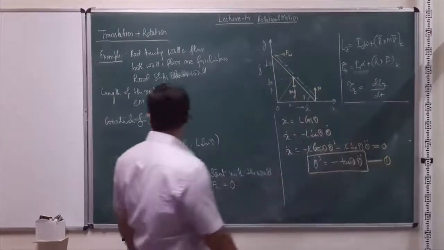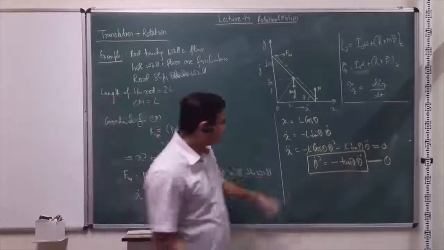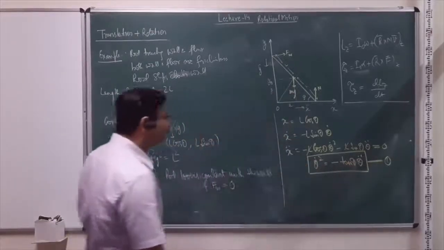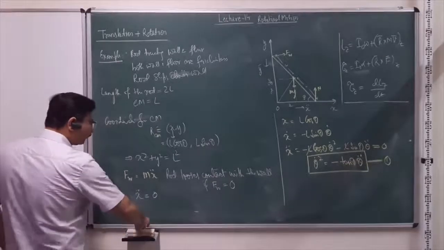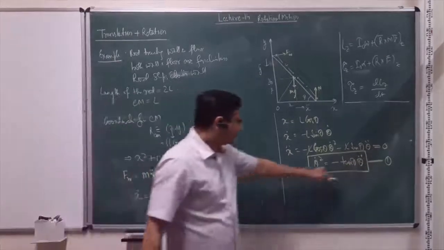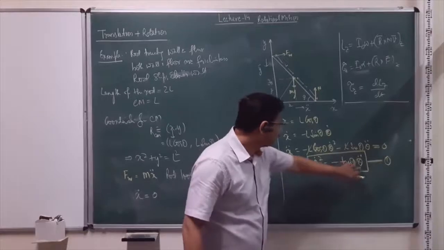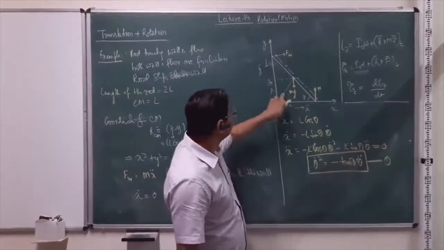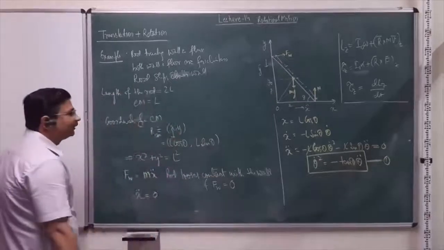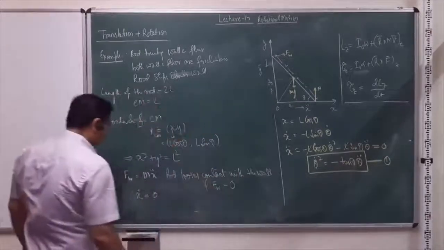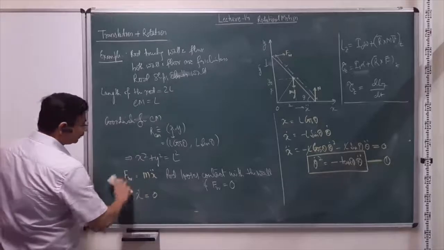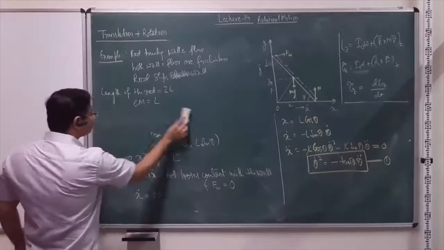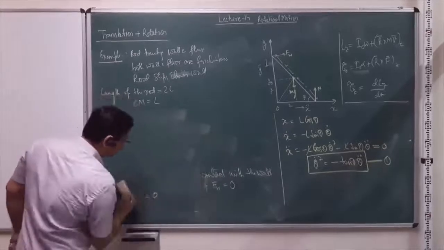So let's write this down as equation number 1. So we have found a relation between theta dot and theta double dot, right? And now we have to find this theta double dot and theta dot in terms of the x and y coordinates, so that we can get a relation for how much the rod will fall before it loses contact, right? So let's find out what is the relation between these coordinates.